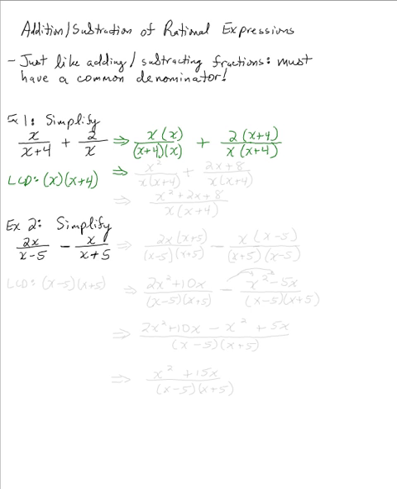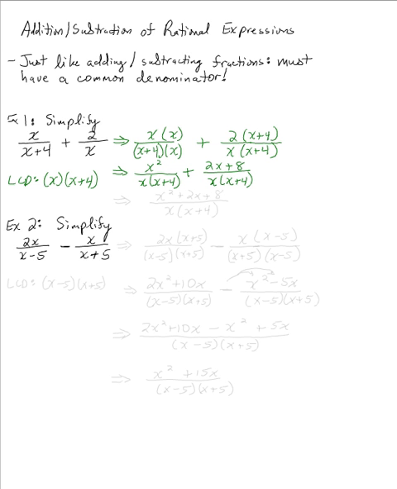So then this would give us x squared. We simplify the numerator, leave the denominator alone. x squared over x times x plus 4 plus 2x plus 8 over x times x plus 4,